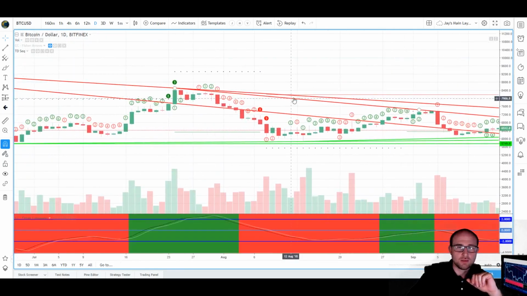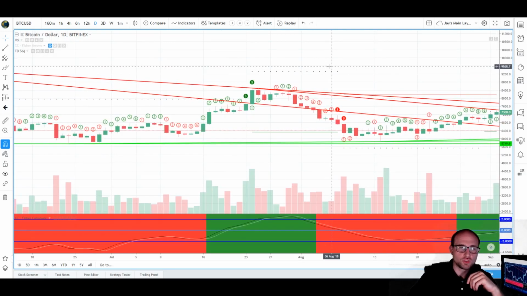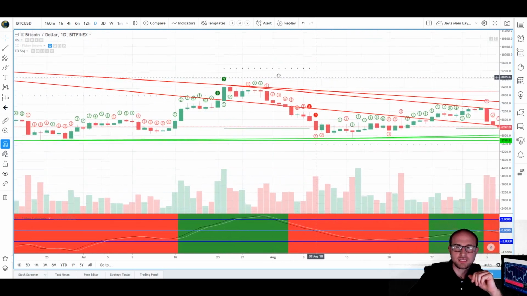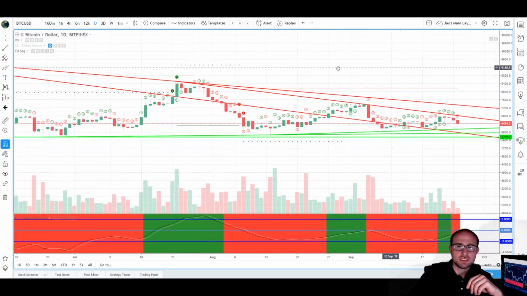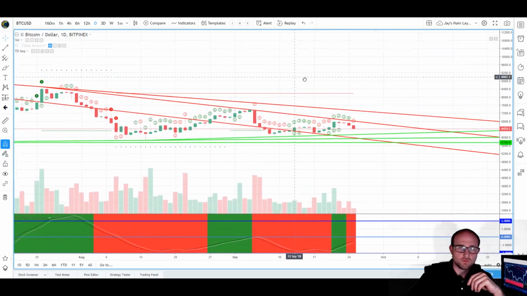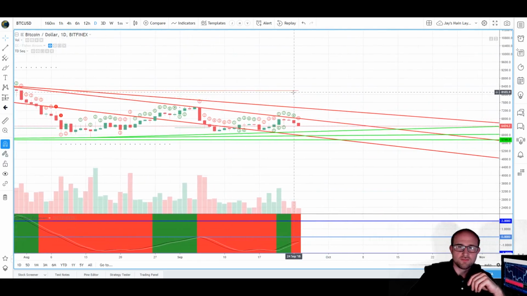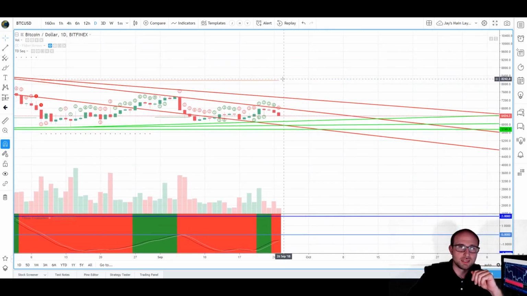But you can see here that, clearly, TD sequential was just quite beautiful at predicting these markets. Perfected 9 counts to the upside, exit the market; perfected 9 counts to the downside, enter the market. And using TD sequential, these are the things that we look for. TD sequential is giving us even more bullish optimism for our top line of resistance. So TD sequential is telling us if 81.99 is broken, we're extremely bullish to the upside, because then we're much more likely to complete a completed sell setup to the upside.